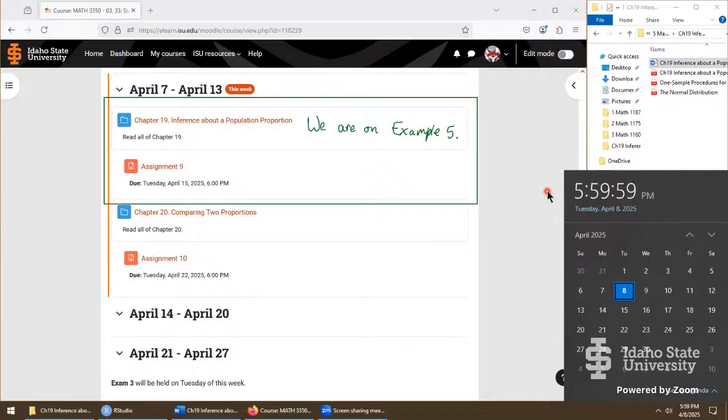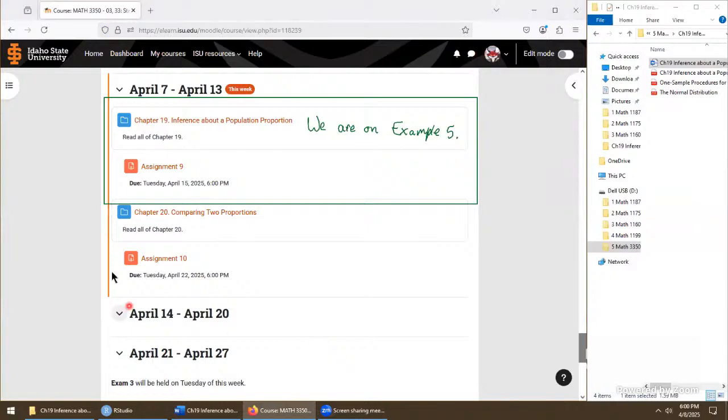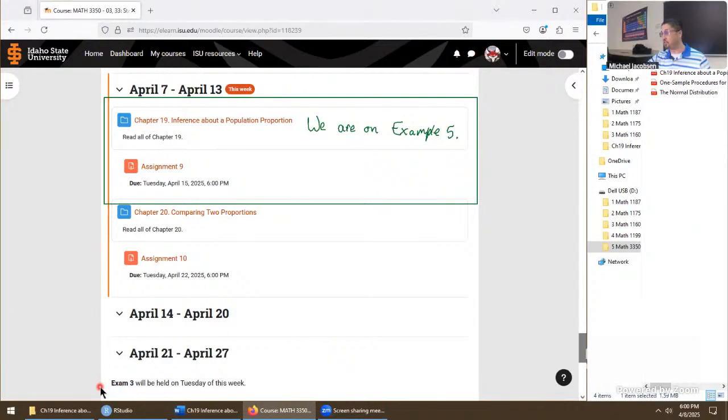Well, I think we're just about there. Yep, it's official. We're now on week 12. After this week, we're at the 75% mark. So congratulations, folks. We're really getting through it pretty quickly here. And you can see on the Moodle website that there's definitely a plan for further progress so far.